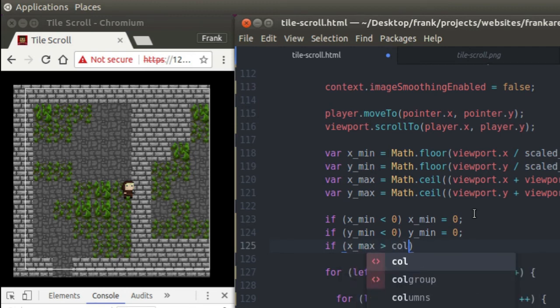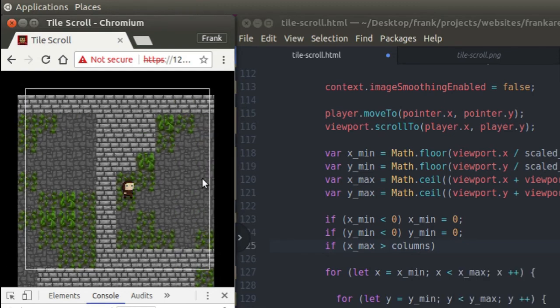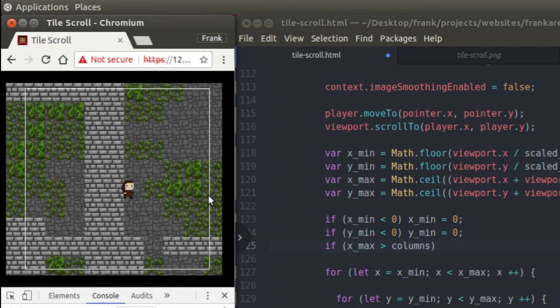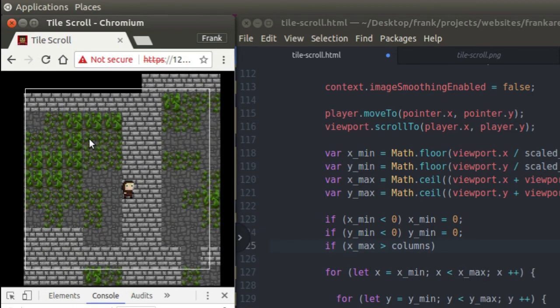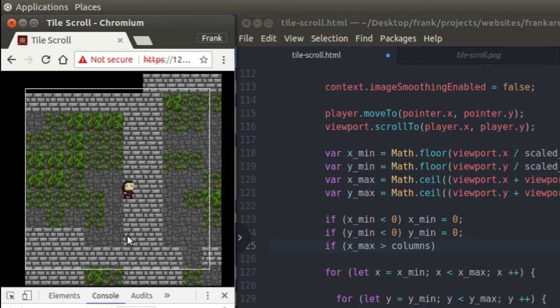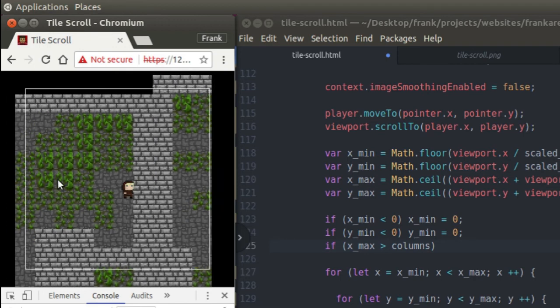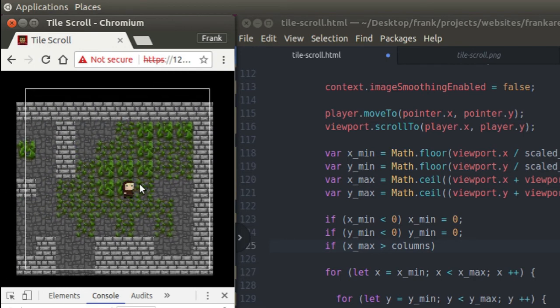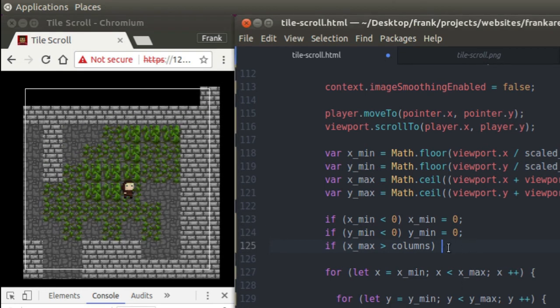If xmax is greater than columns, and this is going to do the same thing for the right side of the map. So, for example, if I try to go all the way to the right side of the map, right here, this is the end of the map. This is the very edge of the map. And if you'll notice, I have this formation of grass here because I'm going to set this right here, and you're going to see that that's the edge of the map right there. So if xmax is greater than columns, so if it's greater than the number of columns in the map,